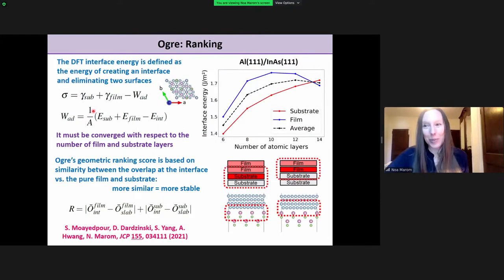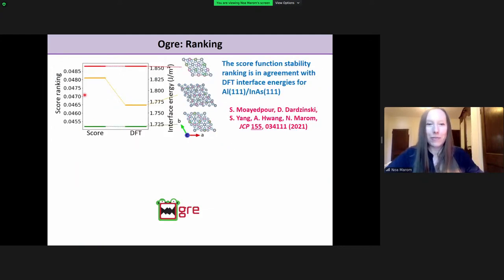Which again makes it a pretty expensive and time-consuming calculation. It's a lot of effort to calculate an interface energy, and that's why we have a kind of quick and dirty way of trying to estimate it without doing DFT calculations. And then you can do DFT calculations for your last maybe 1 or 2 or maybe 3 candidates if you really want to figure out which one is the right one.